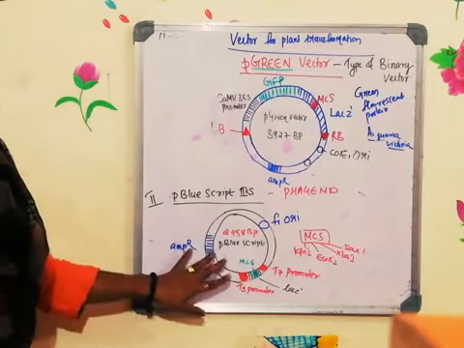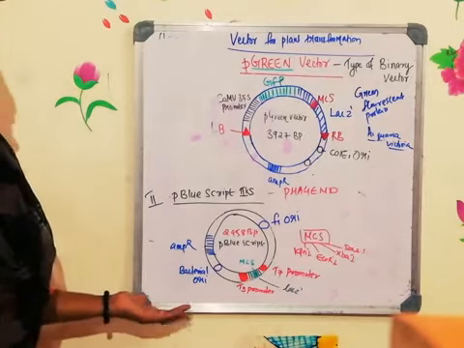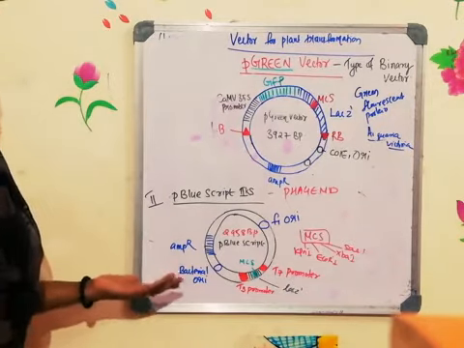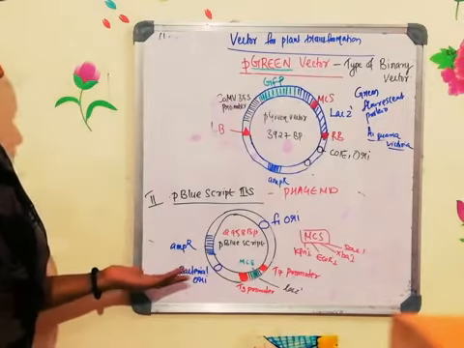Generally it is used for bacterial transformation. Anyways, it is given in the syllabus, so you have to study about it. It is not used in plant biotechnology usually. So your paper is plant and animal biotechnology.